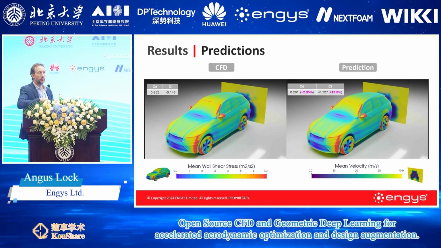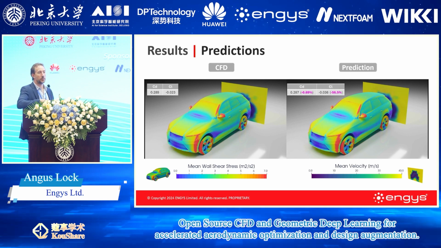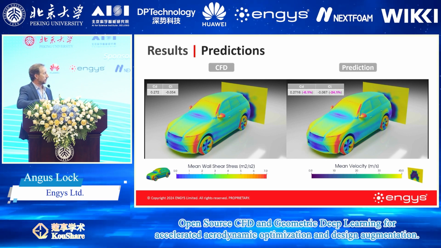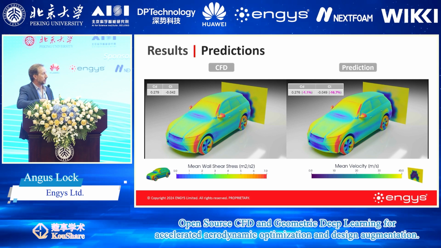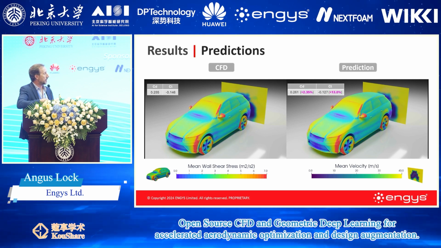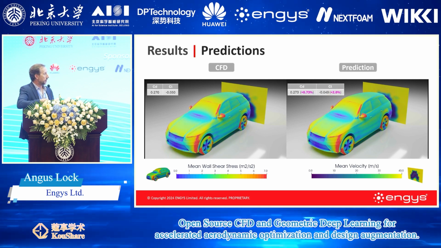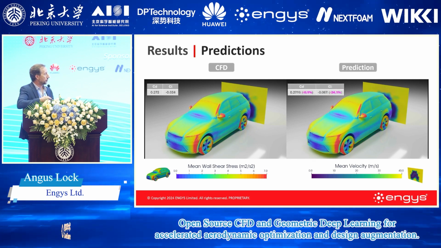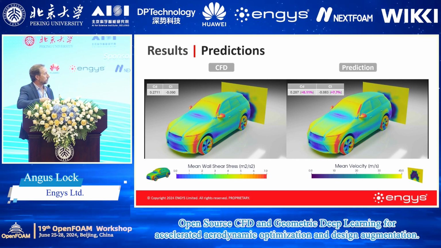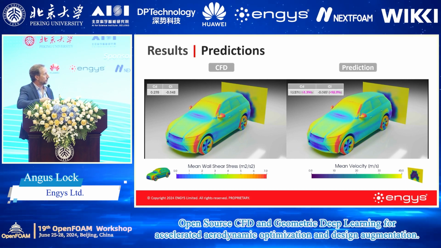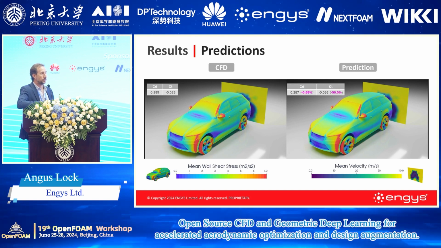This is a very difficult area for CFD to predict, so I'm not hugely surprised to see some small differences there. But in most of the areas of interest around the front fascia and A-pillar and driver's side door mirrors, and then in the wake as well, we're getting very similar predictions.